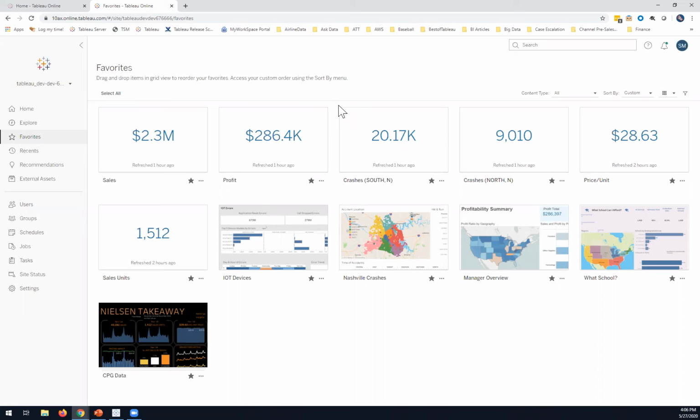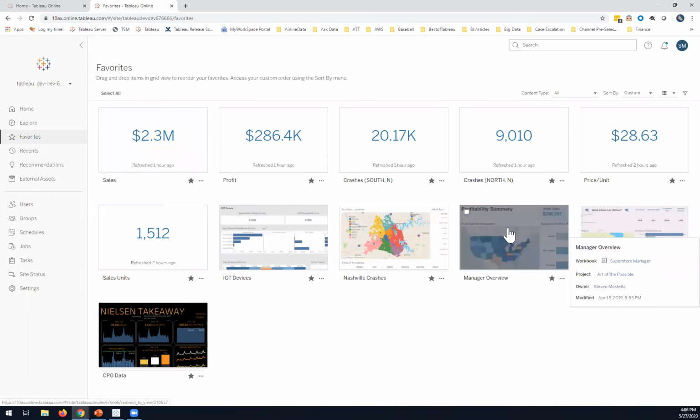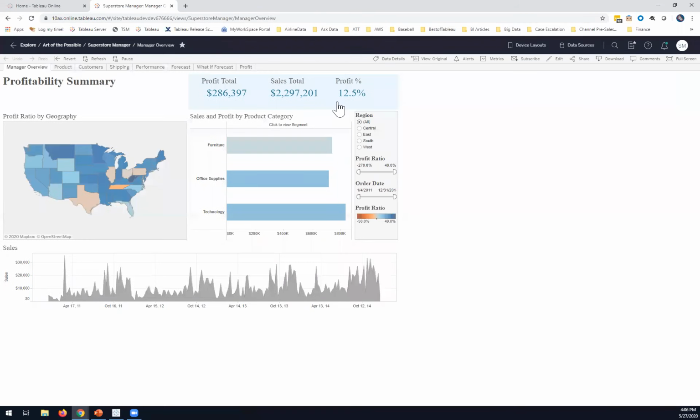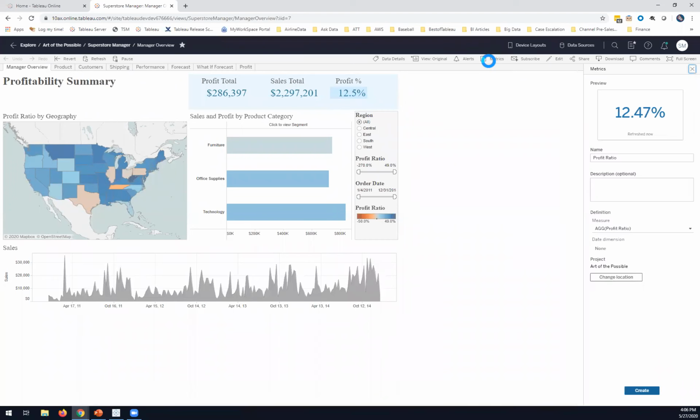Yeah. If I would have had my installation of my mobile device up here, I forgot to install it because I recently had to upgrade my machine, and I would have installed that. But with the metrics, this is what I had done. I'll just bring it up here to show this real quickly. What your user would do, if they wanted to see this metric right here, this profit 12.5%, is click on that, then go to metrics, and then click create here.